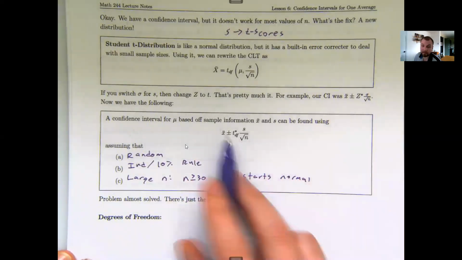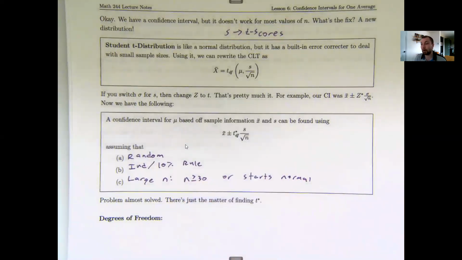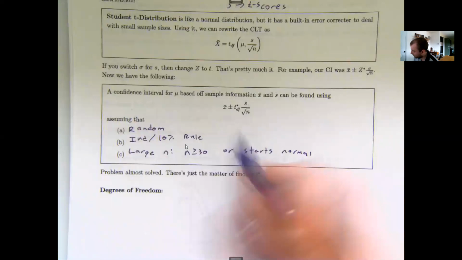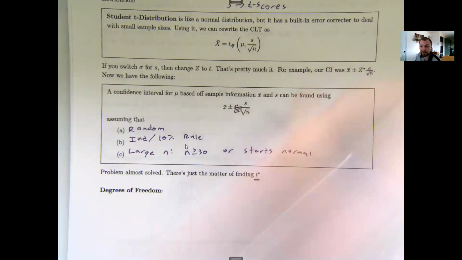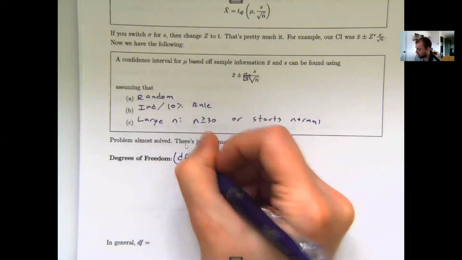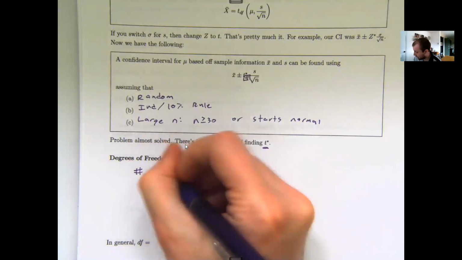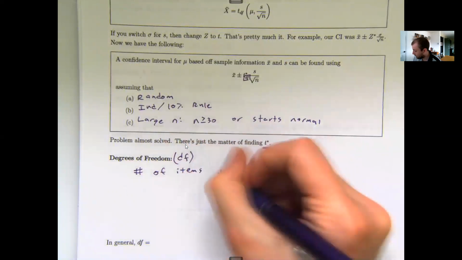We already know how to find x bar and s. That's my sample average and sample standard deviation. And if I don't know how to do it by hand, I can always use calculator technology to do that. The new part to this, though, is this t star. So let's try to figure out exactly what's going on. And one thing I'm noticing, it says df there. Let's start there. df stands for degree of freedom. This is the number of categories, or the number of items I need to know